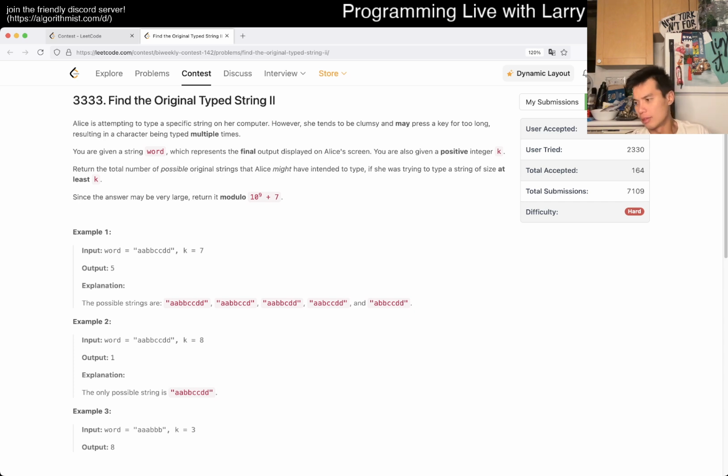Okay. Can I write this mathematically? So let's say we have 3 degrees of freedom. In theory that would be a regular DP, but there's too many things, too many indexes.